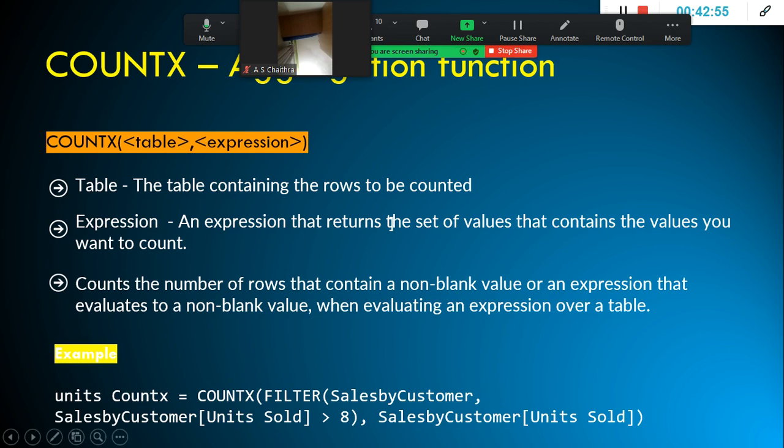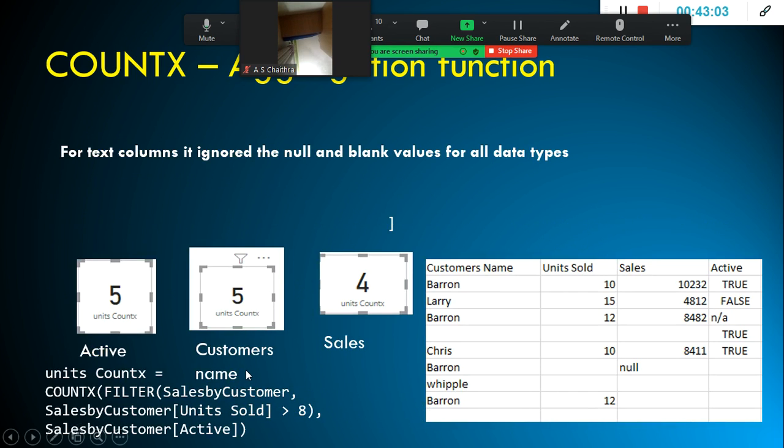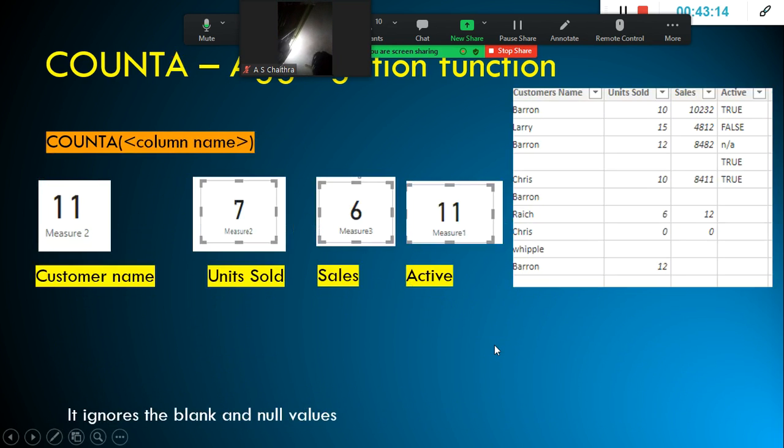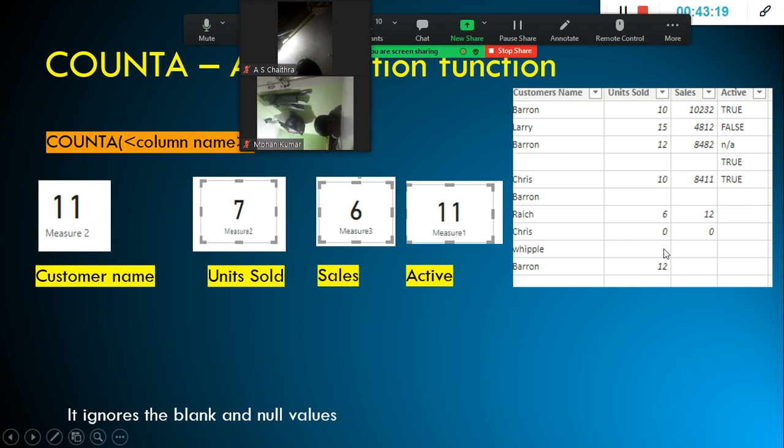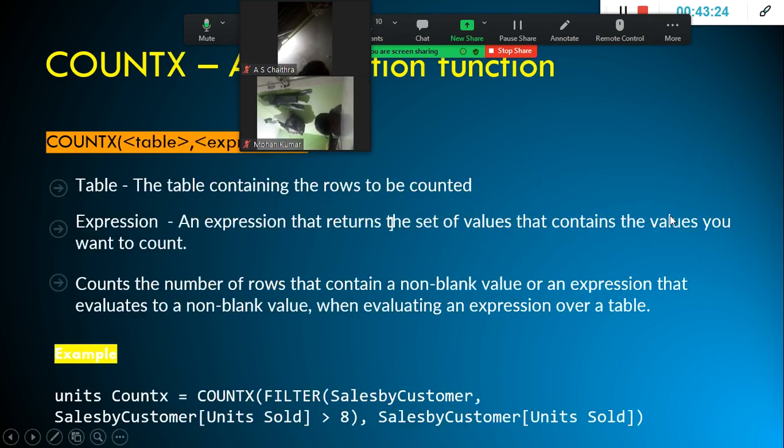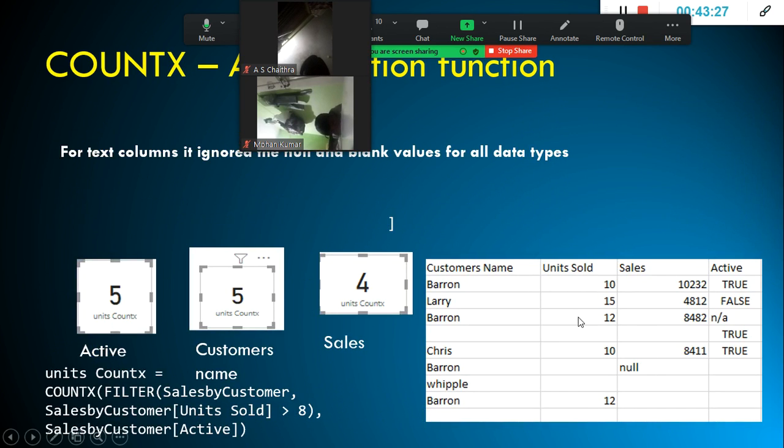Counts the number of rows that contain a non-blank value. Here also it evaluates a non-blank value when evaluating an expression over a table. Here it is different. When you apply this COUNTX, because we are using a filtering condition, after you exclude the rows not greater than 8, you are left with only this many rows, but still the blank value is there.